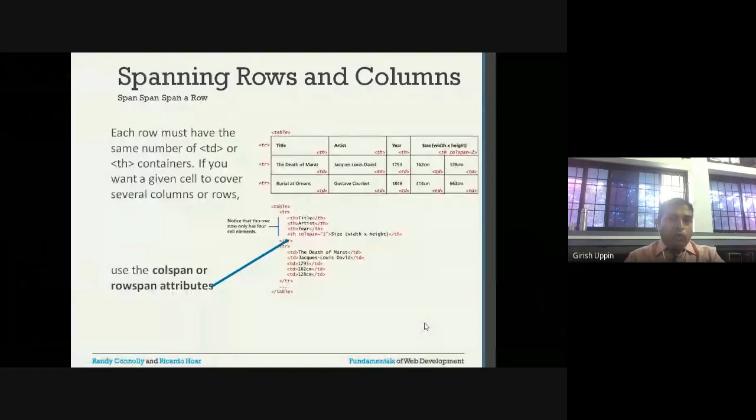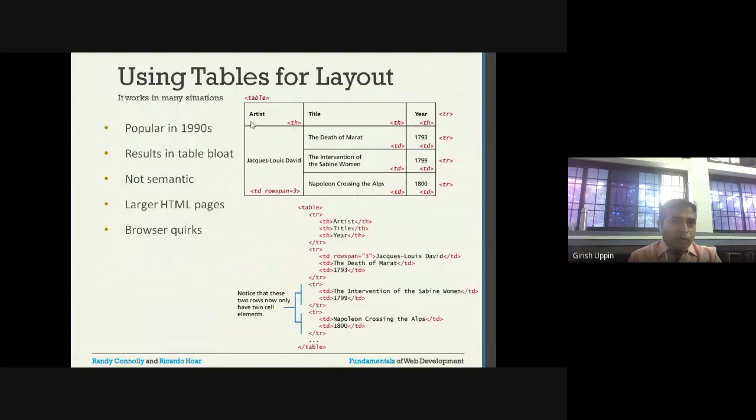Okay, what we saw was a column span. So this is the example of a row span. Using tables for layout, that we will see later. This is the example of the row span, and for the row span,